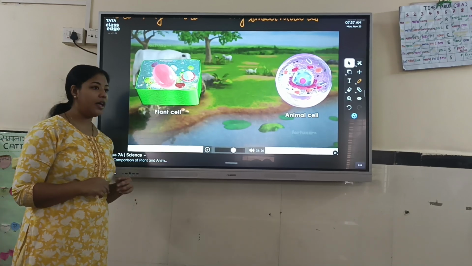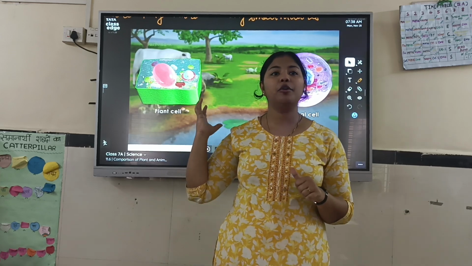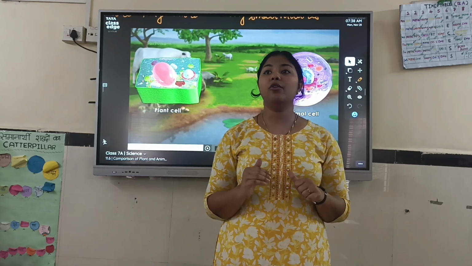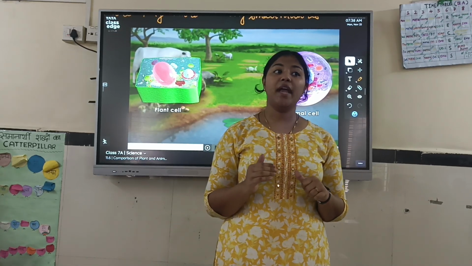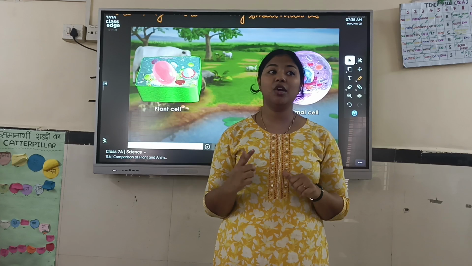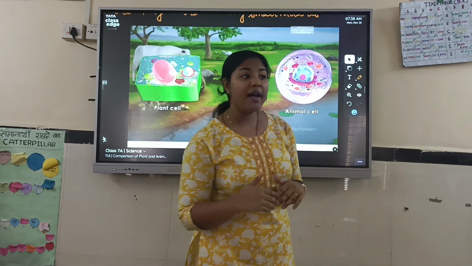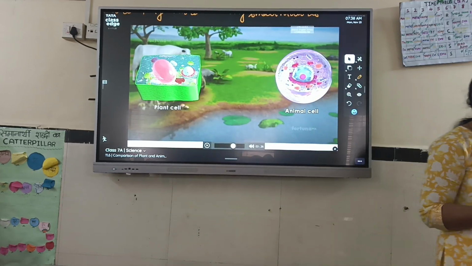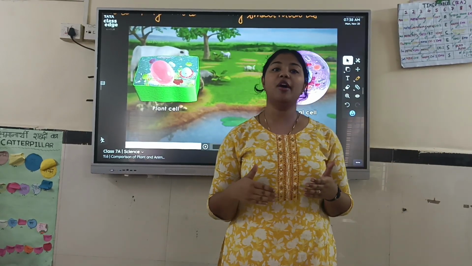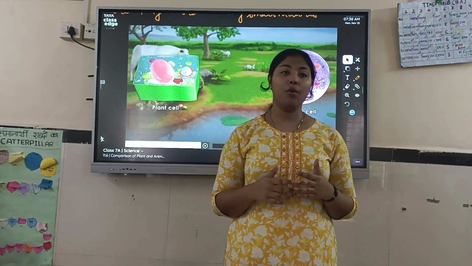Okay. So the next organelle which we have is the chloroplast. How is the color of the chloroplast? Green. The pigment is green. Inside the chloroplast, what do we have? Chlorophyll. And we know that chlorophyll is very important in the process of photosynthesis. Photosynthesis occurs in the plant. And why does photosynthesis occur? For what purpose is it? For the production of food in plants, yes or no? Do animal cells have chloroplast in them? No.